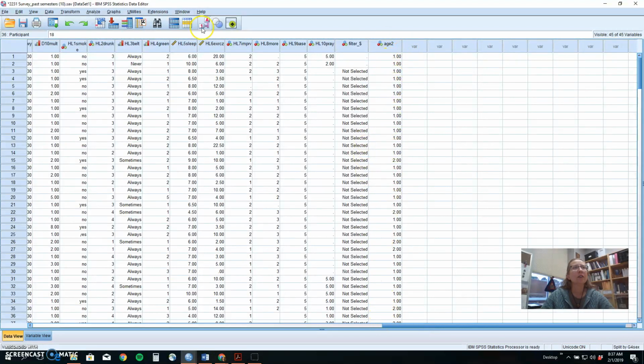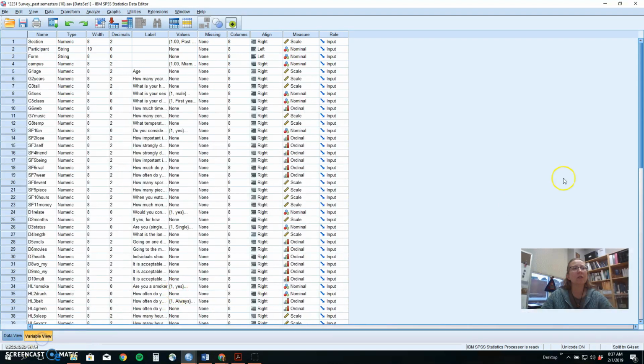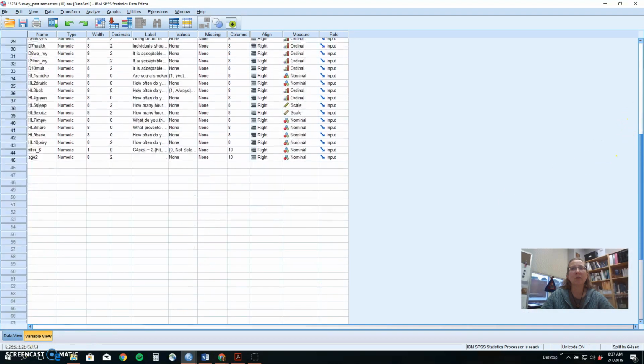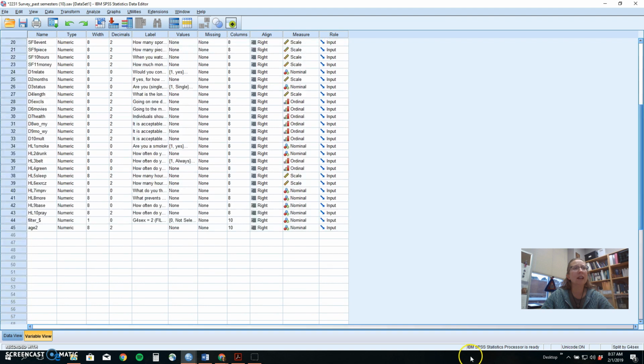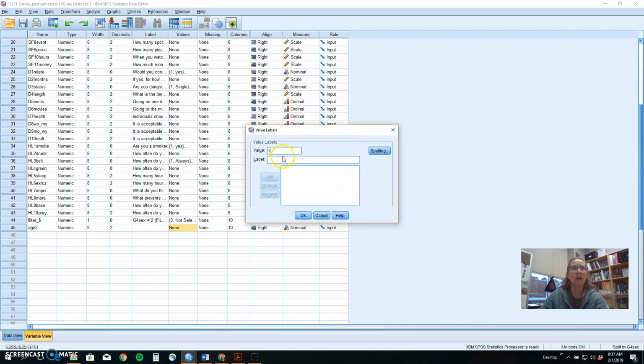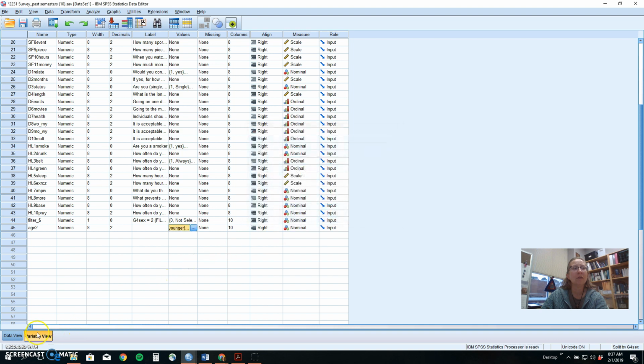We may also want to make sure in our variable view that we've set up labels for that. We want to come to the new value and tell it, hey, this is now a nominal variable, that's okay, but we want to make sure we know that those 1s in our value labels now are younger, and the 2s in our group now are older students. So again, we can use value labels to help have SPSS translate math to English for us. So when we click OK and go back to the data,